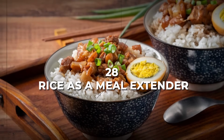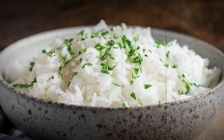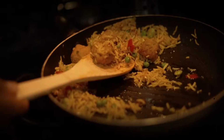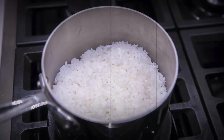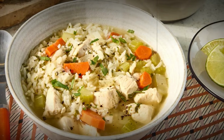28. Rice as a meal extender. When food needed to last longer, rice was the ultimate secret weapon. Cheap, versatile, and endlessly adaptable, it helped stretch meals by adding bulk to whatever was on hand. One of the smartest tricks was mixing rice with small amounts of meat or vegetables to create a meal that felt more filling. A single cup of rice, when cooked, could triple in size, making it perfect for bulking up